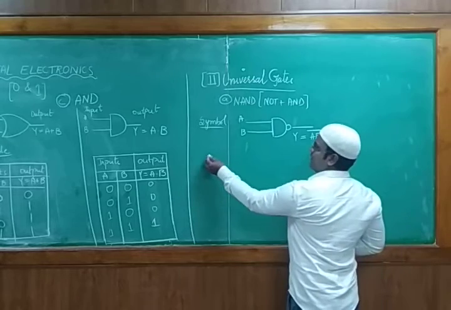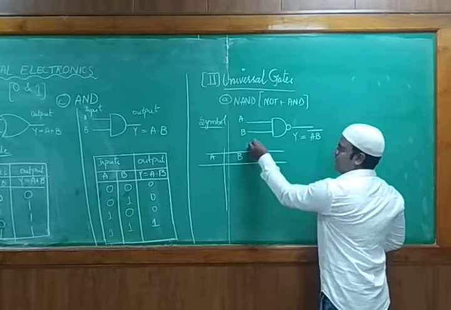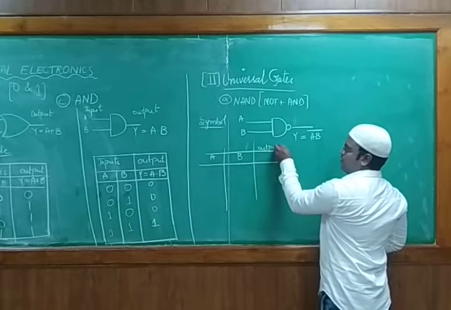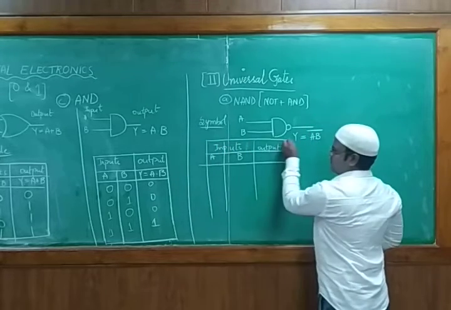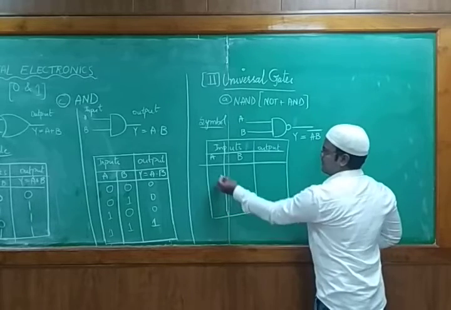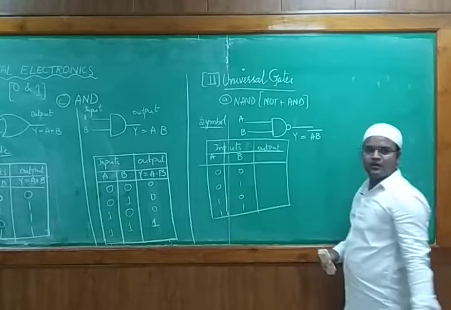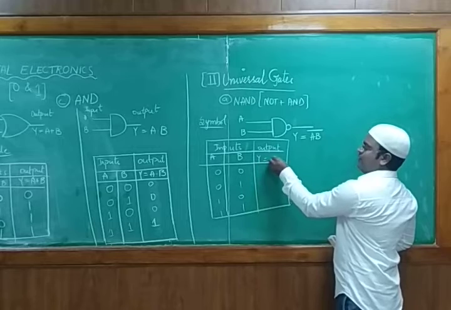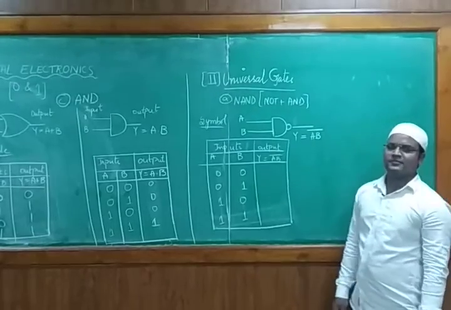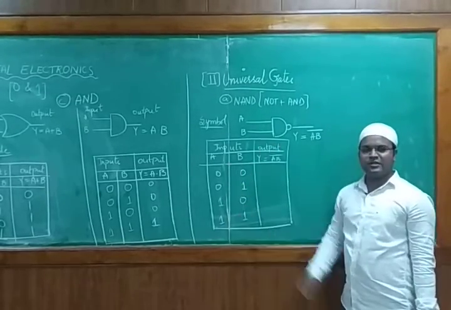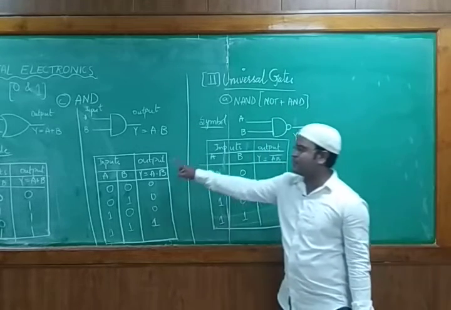Similarly, if I am taking input A and input B, both are my input side. If I want to write the output, these are my input values. Taking the combinations like the previous one, 0 0, 0 1, 1 0 and 1 1, I need to mention this as A into B complement. The same combination we have taken, now we need to write the output for the NAND gate. The output for the NAND gate is just the reverse of the AND gate.